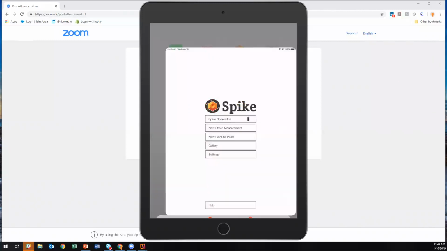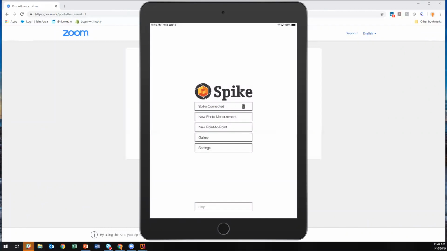But we have that other function, called photo measure, right? So that was one of the measuring functions. Where's point-to-point? Well, we only released photo measure in the first release to Survey123. We'll be releasing point-to-point, like I said, in the next 30 to 45 days or so. And point-to-point looks like this, right?